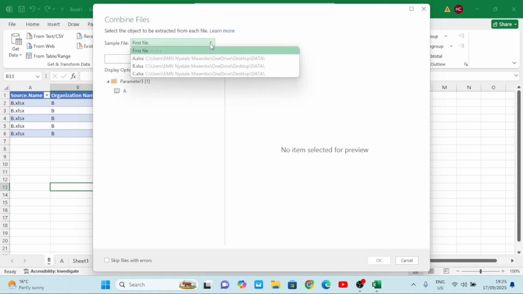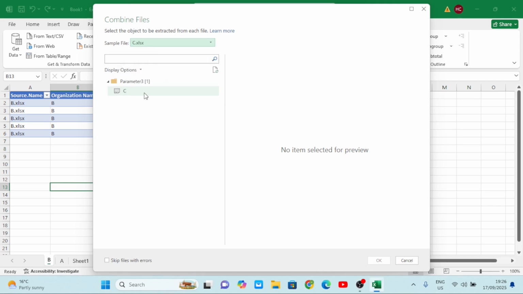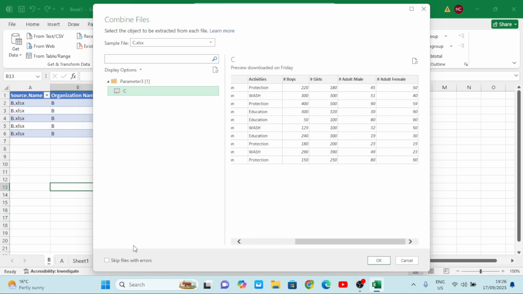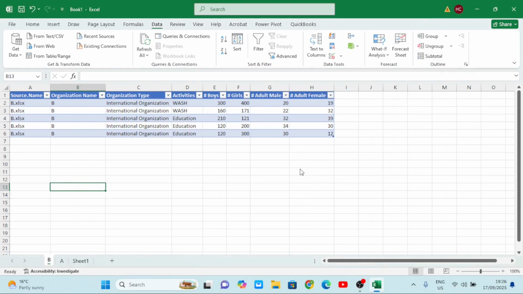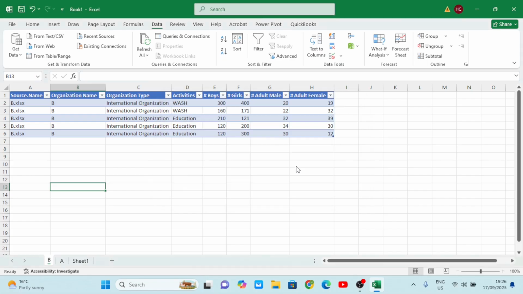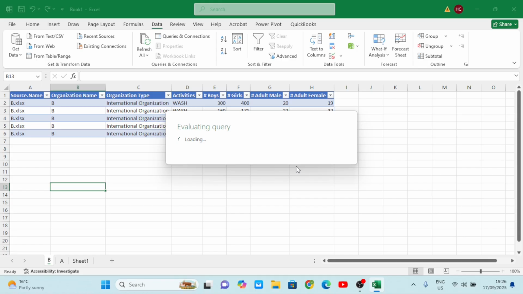So we come here now, we choose data C, and then we select, you see, and then we come here and say skip file with errors, and then we click. So there's a reason Excel brought that option there, because Excel knew that there would be these kinds of challenges. There will be some errors that are not really your fault, maybe from the system. So that option was kept there to be able to overlook and overwrite those issues